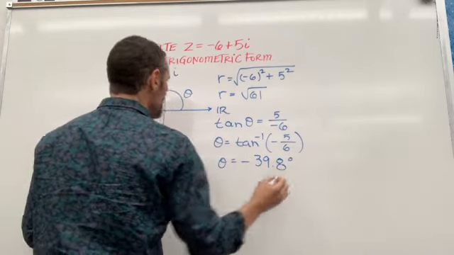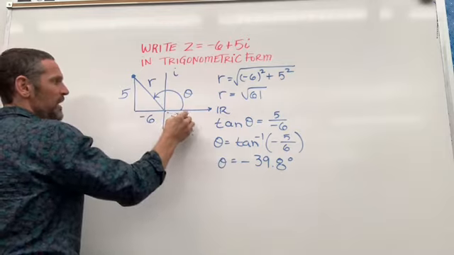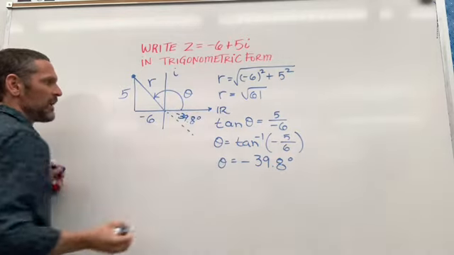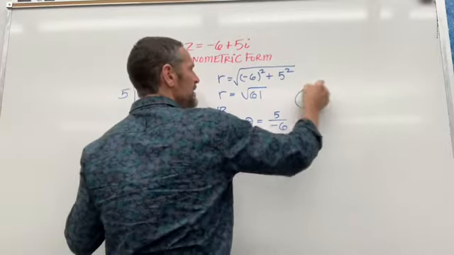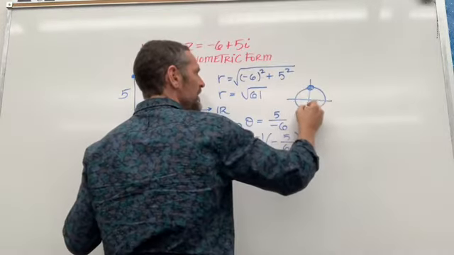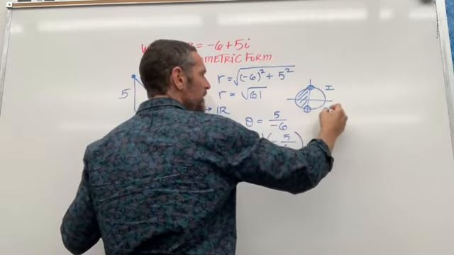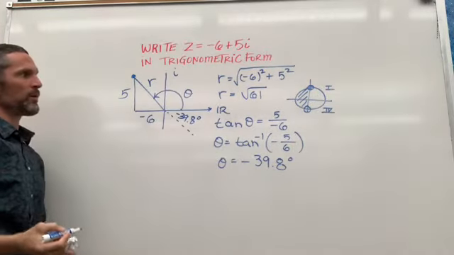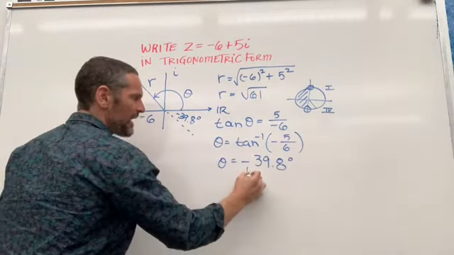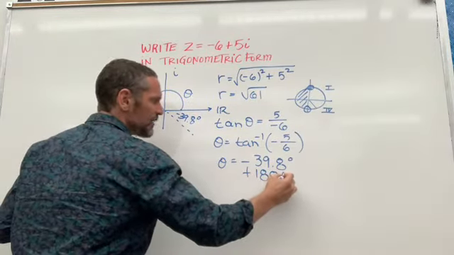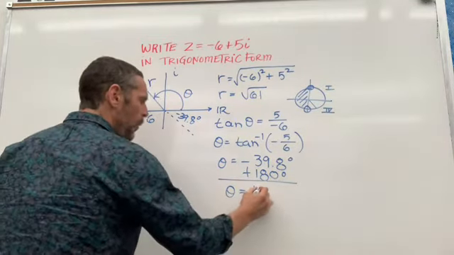Now we've got to use our head. The calculator just told us negative 39.8 degrees. It's giving us this fourth quadrant angle because of the restrictions on inverse tangent. It's only going to yield an angle in quadrant 1 or quadrant 4. And so it gave us this quadrant 4 angle. We've got to use our heads and add 180 degrees to this to be able to come up with the angle as